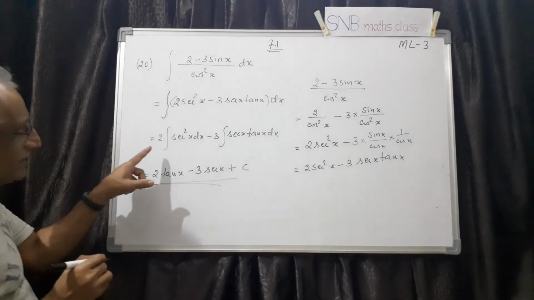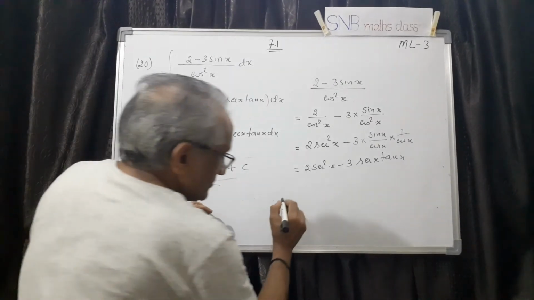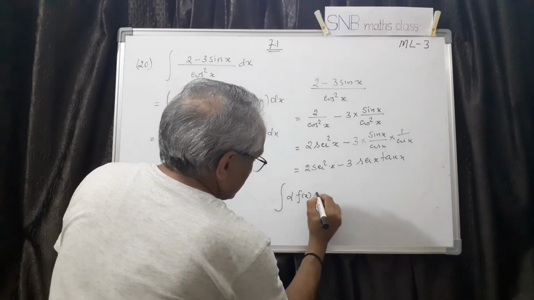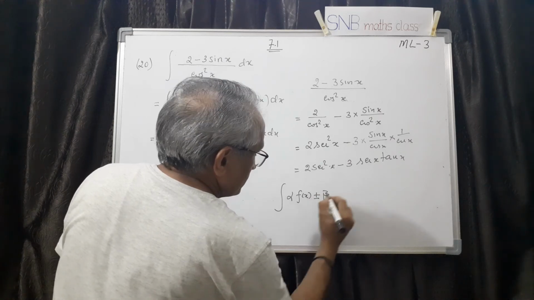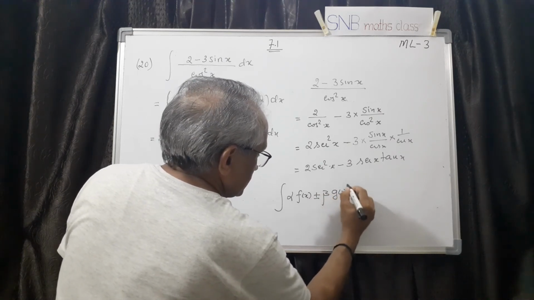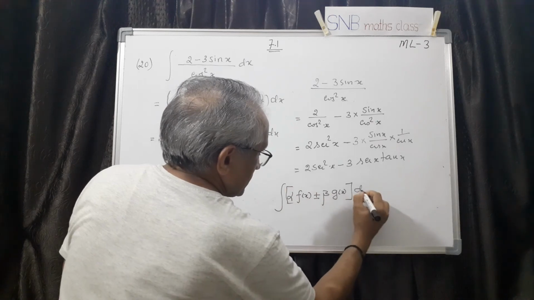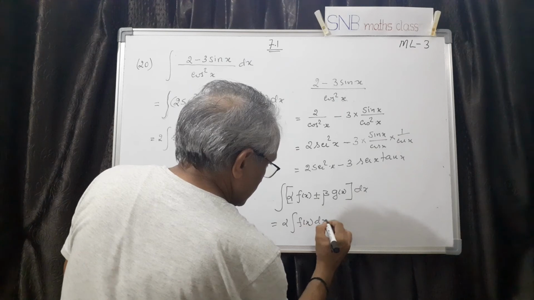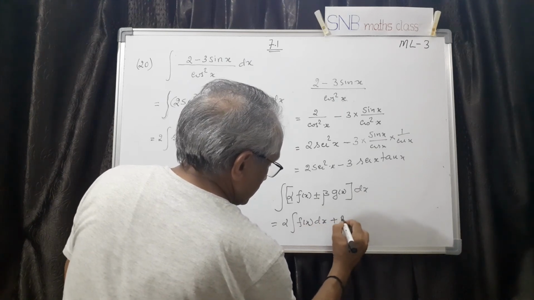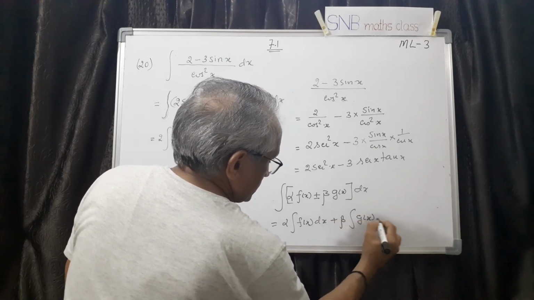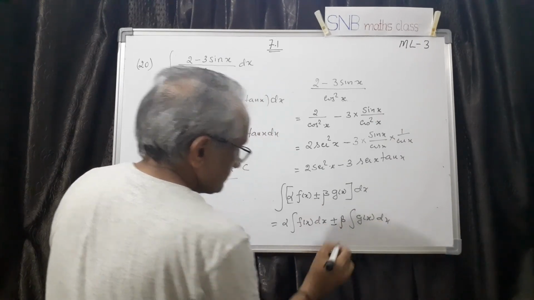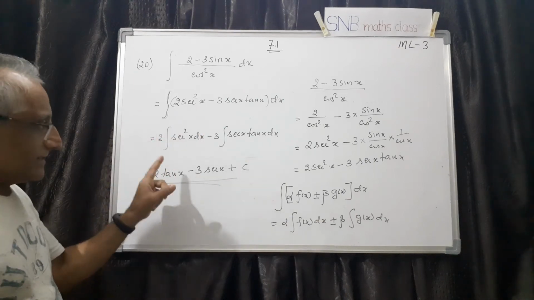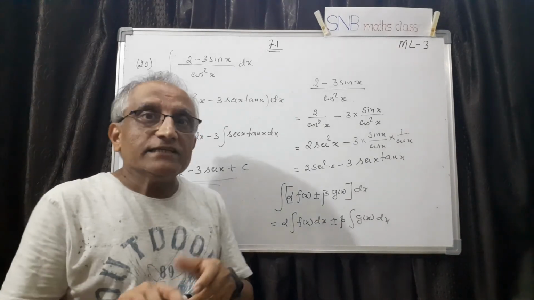And I have used one shortcut actually here. See, this you can remember. Integration of alpha f of x plus beta, even minus g of x, if it is given, then the formula is alpha into integration of f of x dx plus beta into integration of g of x dx, if it is plus; similarly if it is minus. Therefore, in any such question, you can use this shortcut, one step less. So this is how we can integrate a given function.